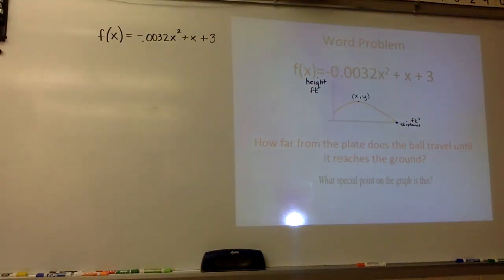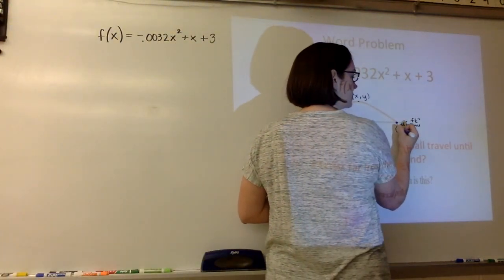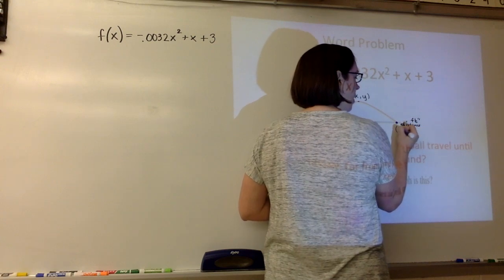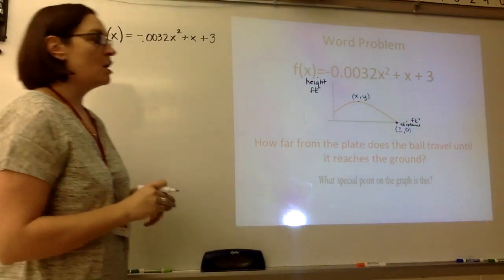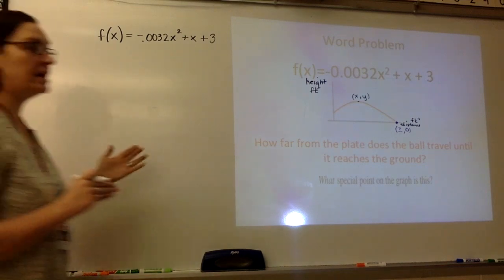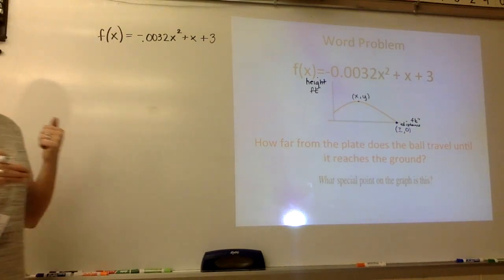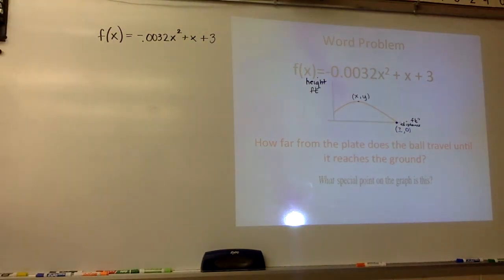At that point, what do we know about a ball that's laying on the ground? It has 0 what? Height, correct? It has 0 height. So because of that, we know automatically that the height, which is the y value, is going to be 0. We want to figure out what the x value is. That relationship is one that you're going to have to study if you don't see it right away. Anytime I ask you to find a point that is on the x-axis, that's y equals 0. If you had a graphing calculator, you put it in for y2. If we're doing it by hand,